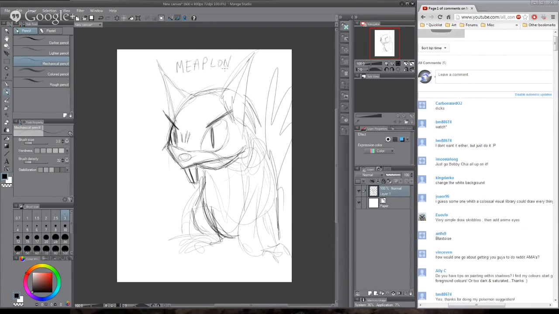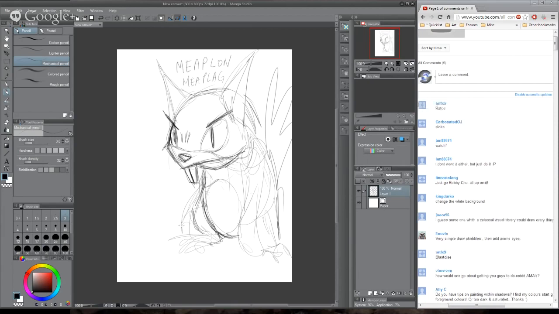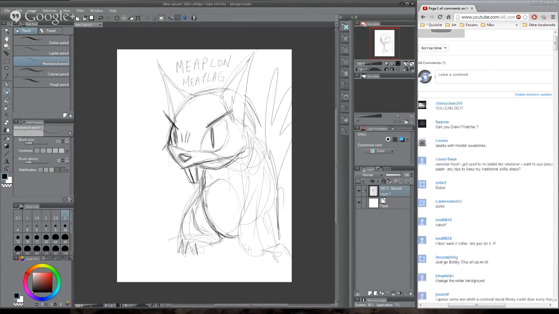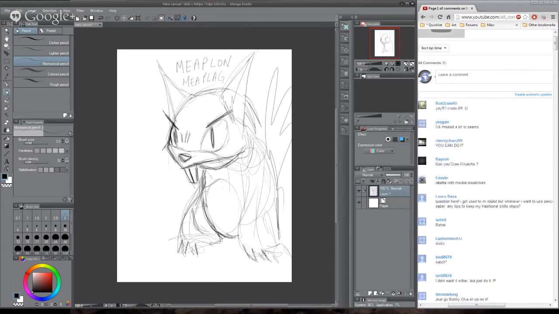Meat for meat bags, and Plon is for nothing, but his voice is like this. Meaplon, Meaplon! And then he evolves into Meaplag. Meaplag. And then he's like, Meaplag. Meaplag. And he's